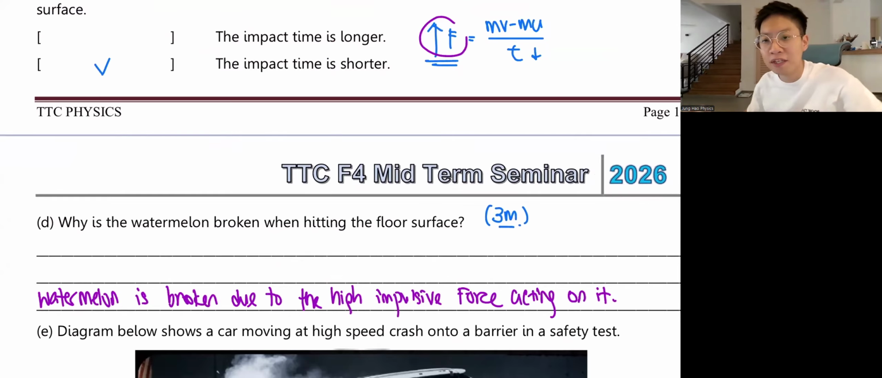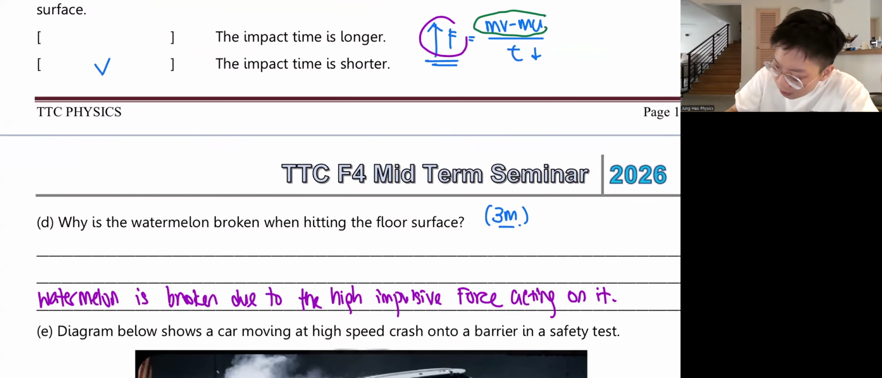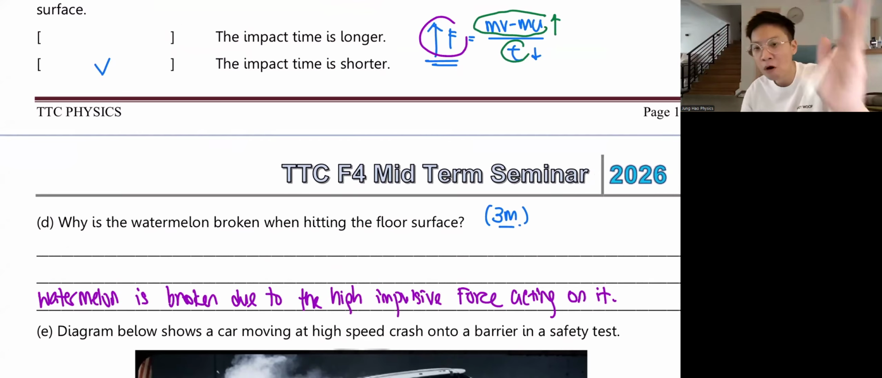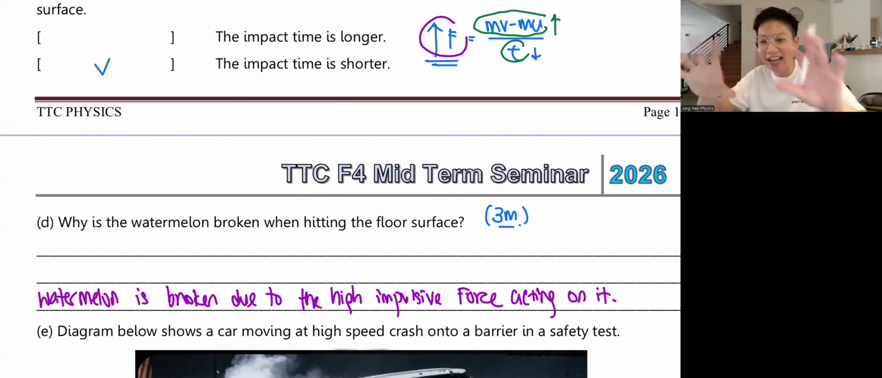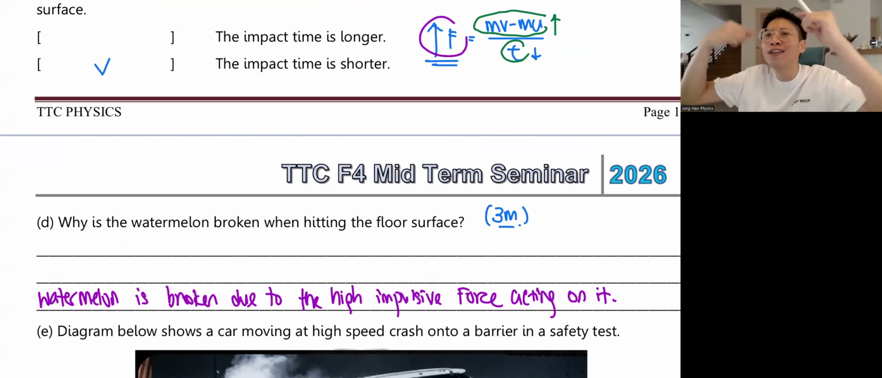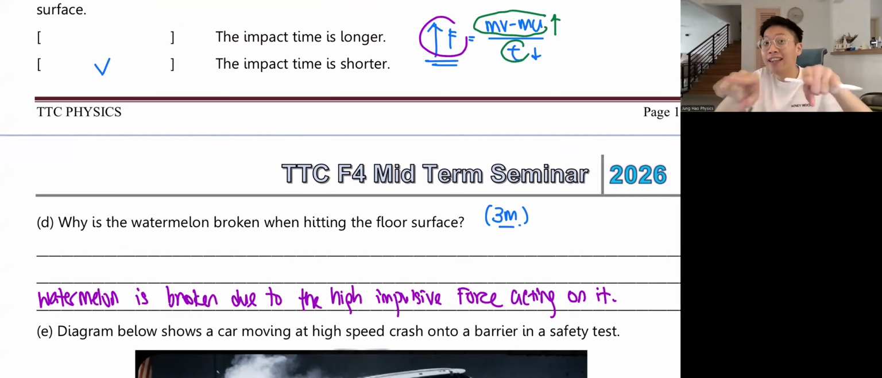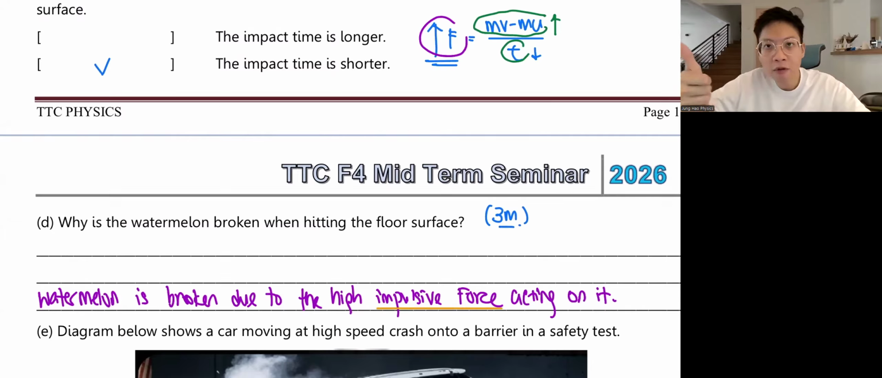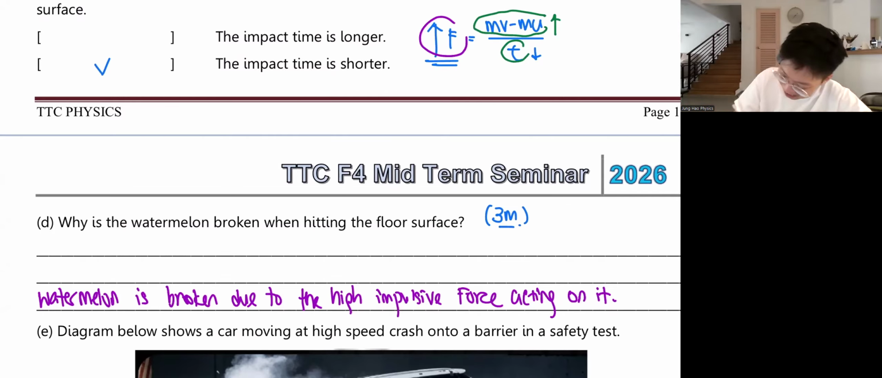So what will affect the impulsive force? There are two things on the right hand side of the equation. I have a mv minus mu and I also have a t. So which means that I have a big mv minus mu and a small time of impact, short time of impact. Correct or not? So when we write explanation now, guys, you have to think, is there a formula related to this? The moment I write impulsive force, my brain will immediately think, oh, impulsive force means got time law, got momentum law. So then I will reframe the whole answer as,